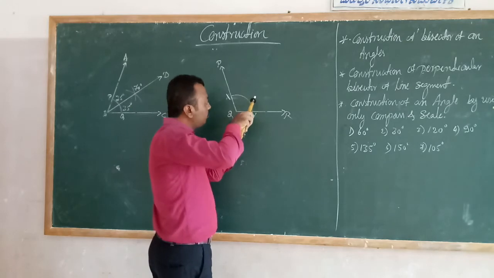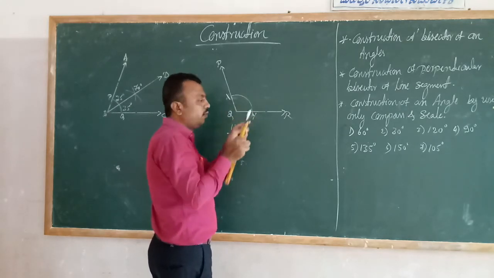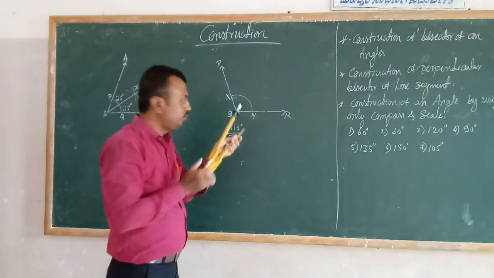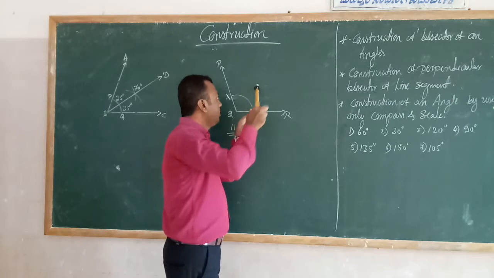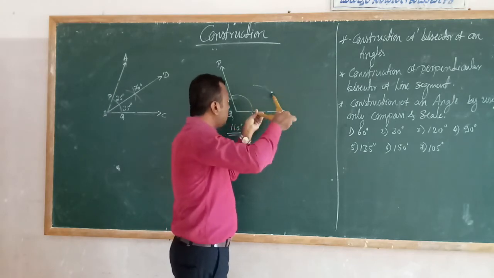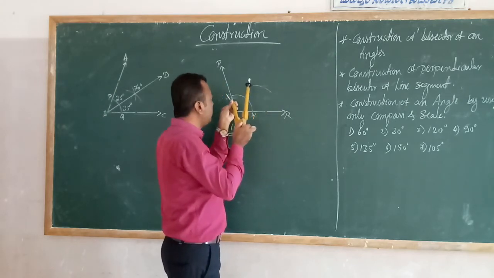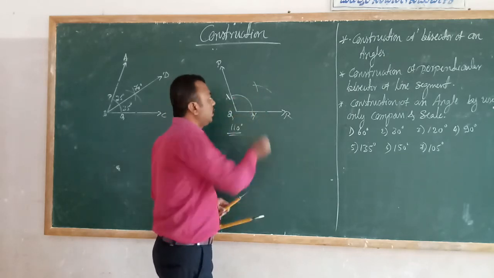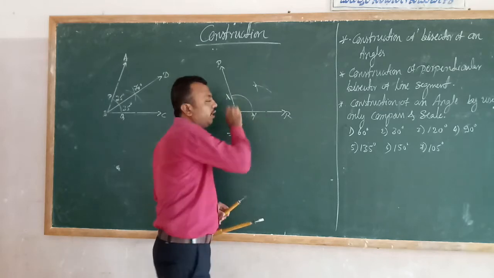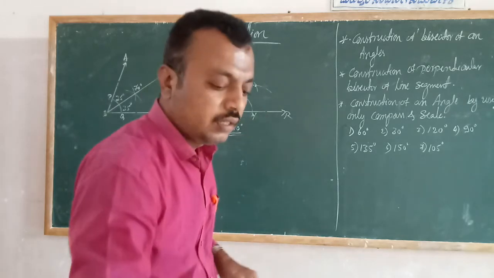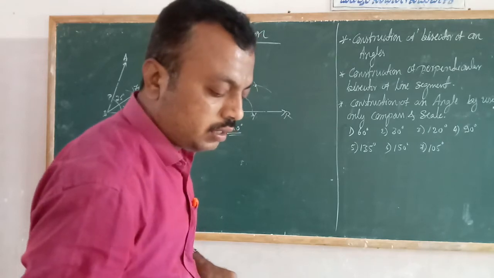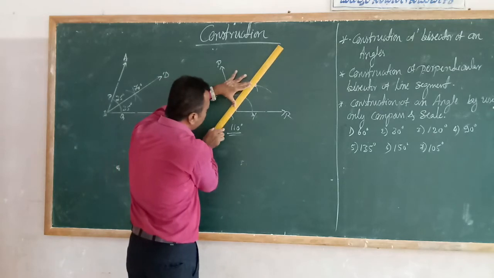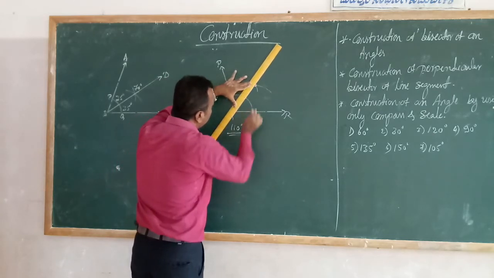So I will keep it on Y. I will extend this one. If you extend it, it is easy to move and you can draw the arc. That's why. So keep on Y, cut one arc, and keep on X and then cut the same arc. These arcs intersect at a point. I don't know what that point is. I will make one mark in pencil. Next students, join this mark to Q. Join to Q. Okay.